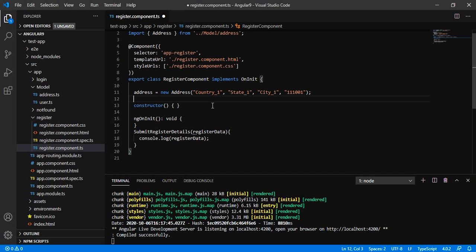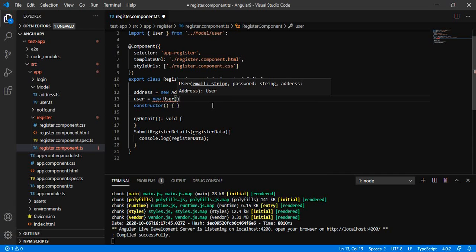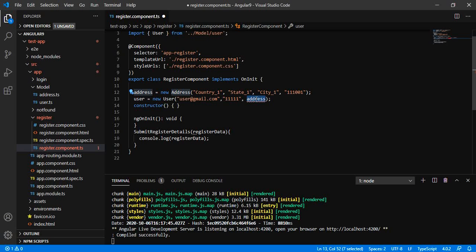Then let me define the user model. This will take email, password and the address. Now fine.